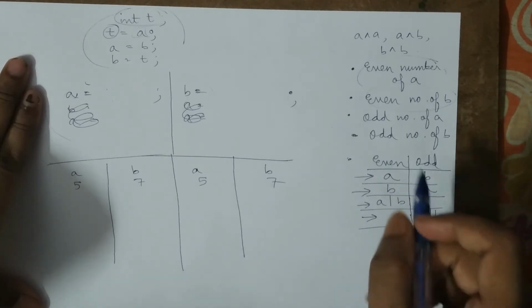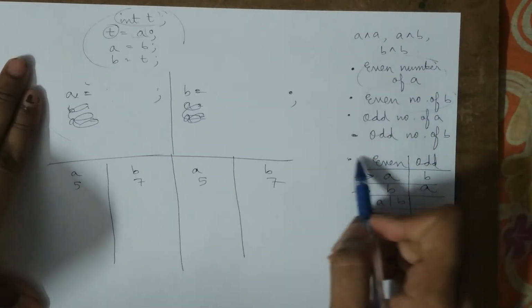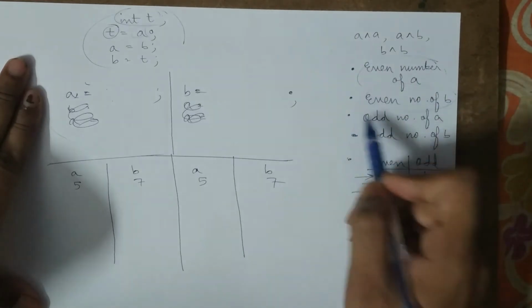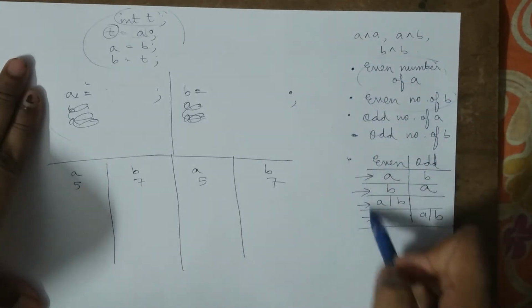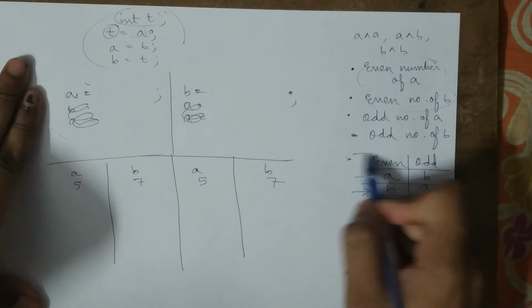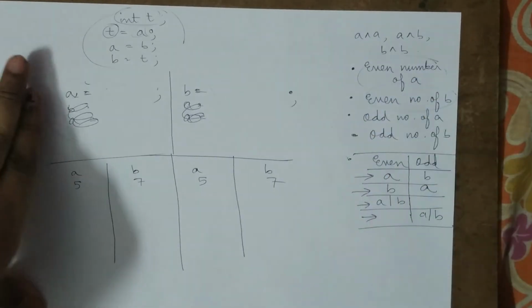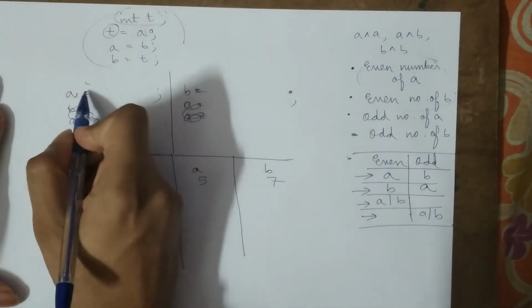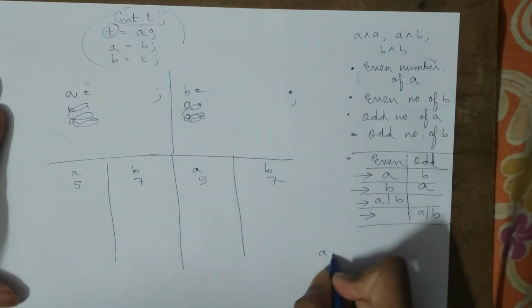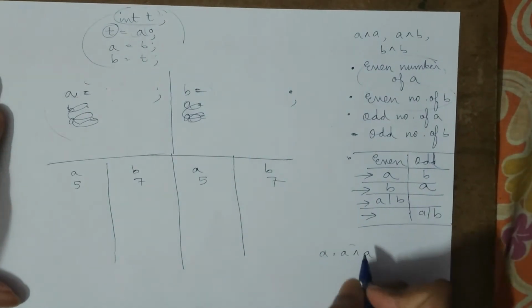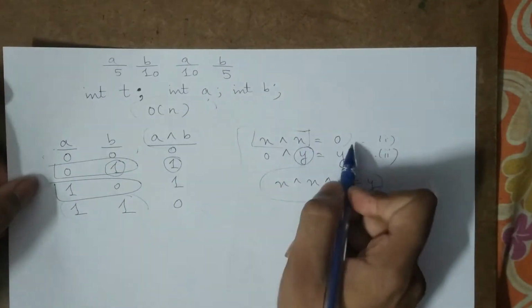Okay, so let's go to the first case. This first, second, third, fourth and fifth case contains 4 cases inside it. In the first case, what is happening? Even number of A's. So let's say A is equal to A XOR A. What is A XOR A? What had we learned in the previous slide? That a number XORed with itself is 0.